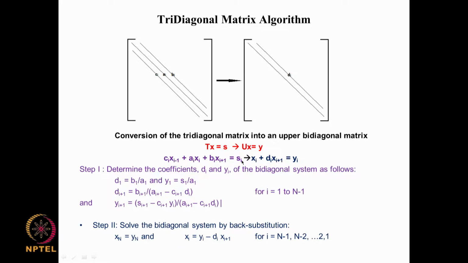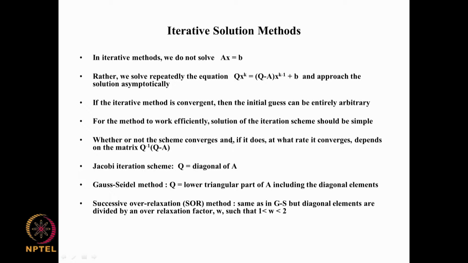So far we have seen in detail 4 methods including the Cramer's rule, but the 3 realistic methods that can be used for a CFD type of solution are the Gaussian elimination method, LU decomposition method, and the tridiagonal matrix algorithm. These have their applicability, but let us look at a couple of other basic methods which belong to the second category, which is the iterative solution method, not direct solution methods.